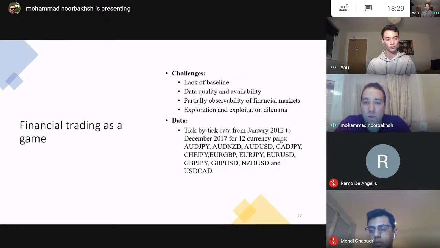The data they use is tick by tick values from January 2012 to December 2015 for 12 currency pairs, as you can see. They encountered some challenges like lack of baseline, data quality and availability, partial observability of financial markets, and the exploration dilemma, which is